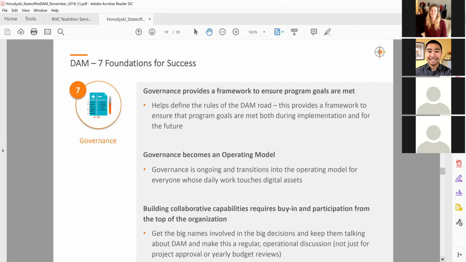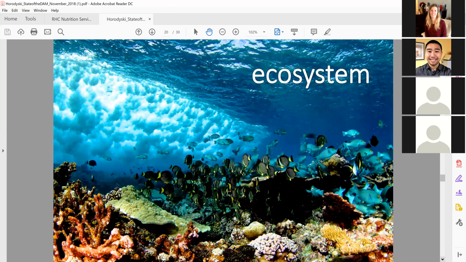DAM, I always argue, is not a project. A project by definition has a beginning and then it has an end, which means it's going to stop. But DAM is not a project, DAM is a program, which means it's going to keep on going. And there will be people behind it and financial budgets behind it. It'll evolve. And that's a good thing, if not a great thing. But you need to treat it that way, calling it a program, so that people understand what it is and how they can understand it in the context of the organization. So those are the 7 foundational steps that I like to include for digital asset management.